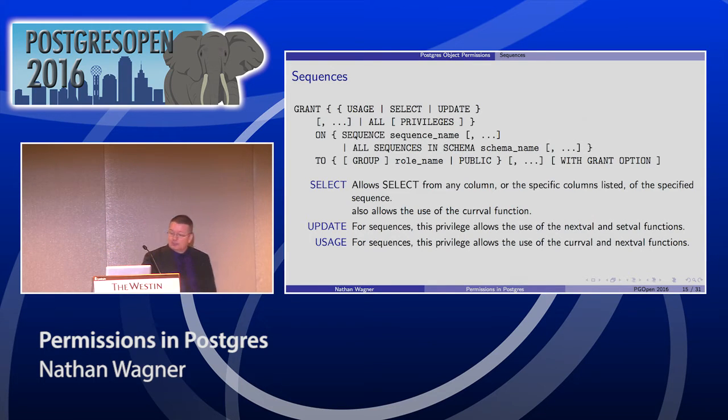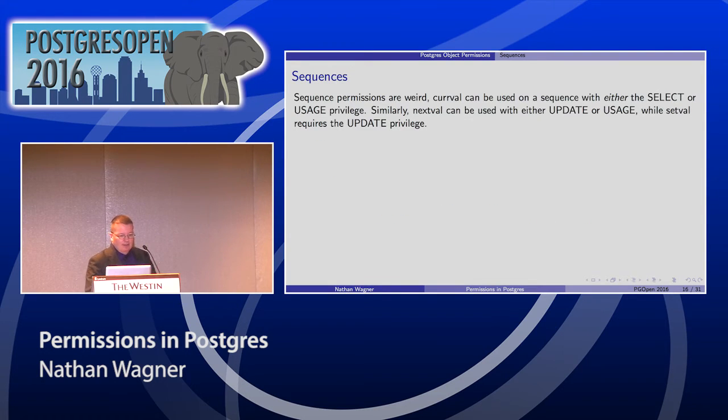Ignore the first part there at select. What select does is it allows you to use the currVal function to find out where the sequence is at. Update allows the use of both the nextVal and setVal functions because those both change the value of the sequence. And usage allows you to use the sequence by finding out the current value and using the next value, which winds up being 3